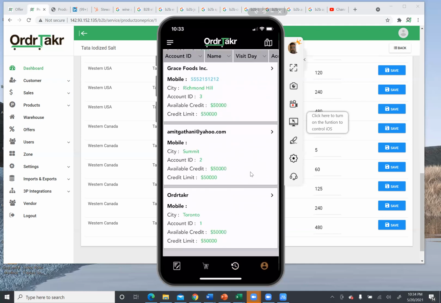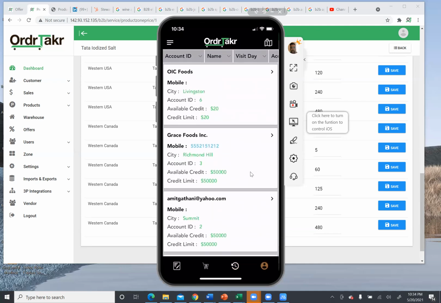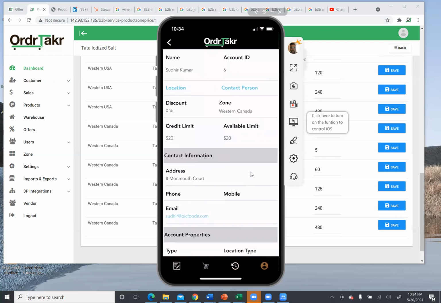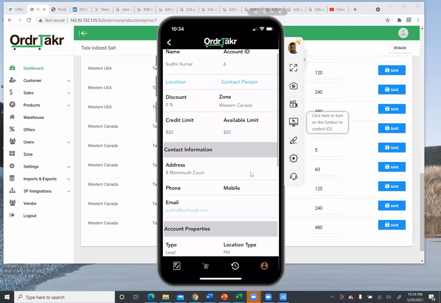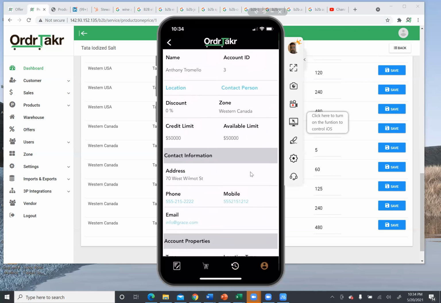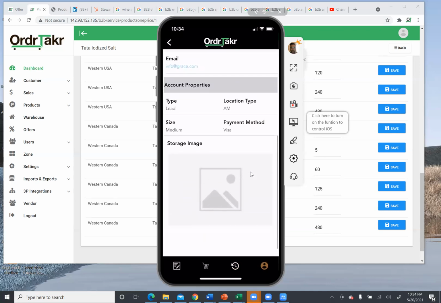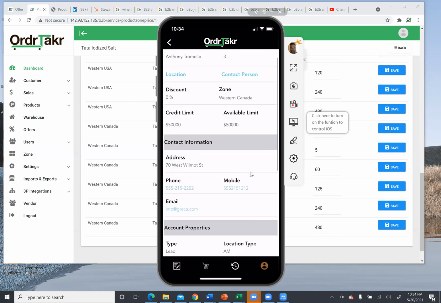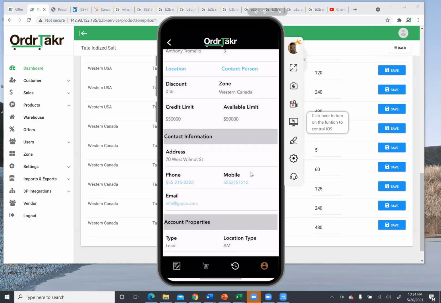It's the ability to see all the accounts associated with this particular sales rep. You can also filter by a number of categories and also view the details of this particular order. From here, I can also click on the email button, view locations, contact persons, add attachments, view account properties, make phone calls directly from here,